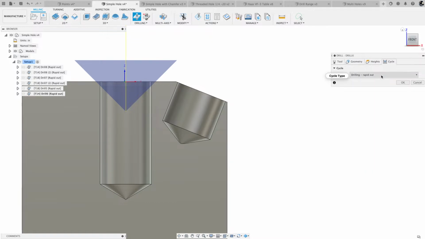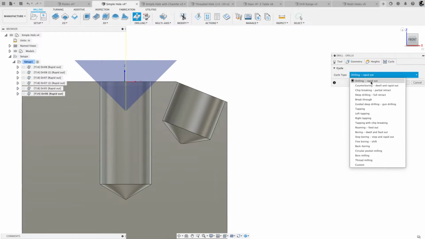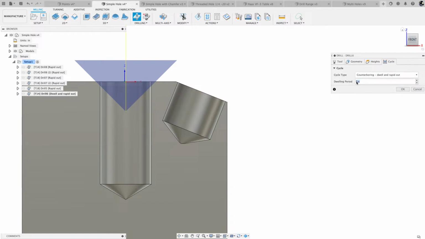And then on my cycle, instead of drilling a G81, I'm going to do a G82 and give it a dwell. My magic number is 0.3, a third of a second. The reason I give it a dwell is because I've talked about this before on other live streams. Imagine you're at a drill press countersinking a hole, and you pull the handle down to the bottom and hold it there for a moment. You don't just come down and lift the handle back up so the spot drill goes in and out quickly. You want it to dwell there and pause as the tool spins around,